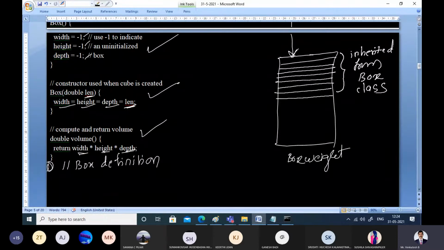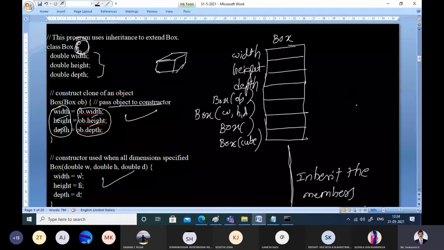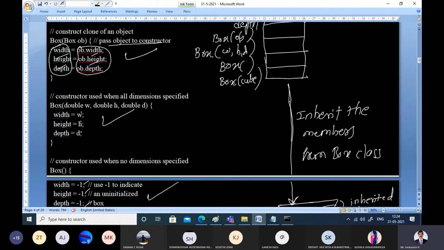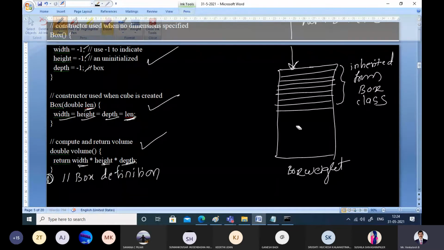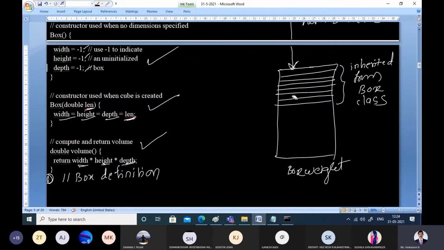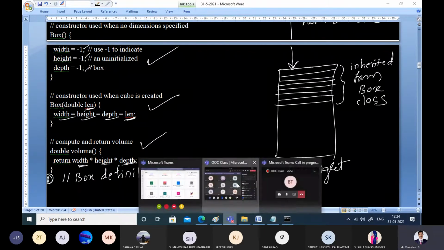That is understood, so I need not write them once again. How many are there? 1, 2, 3, 4, 5, 6, 7. Seven members are there.